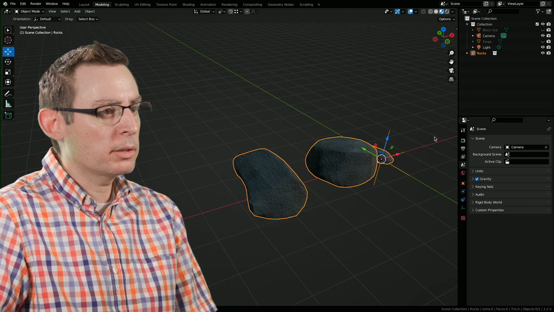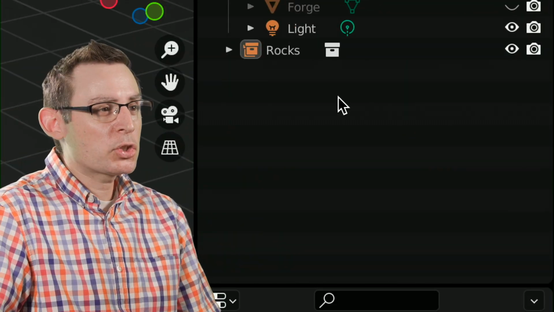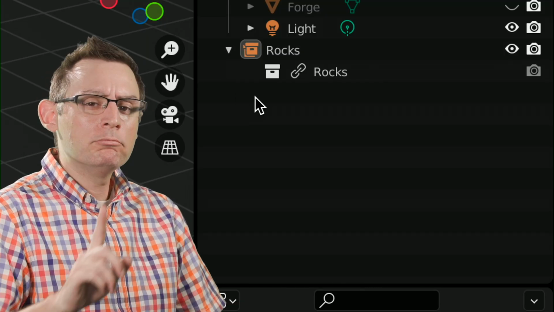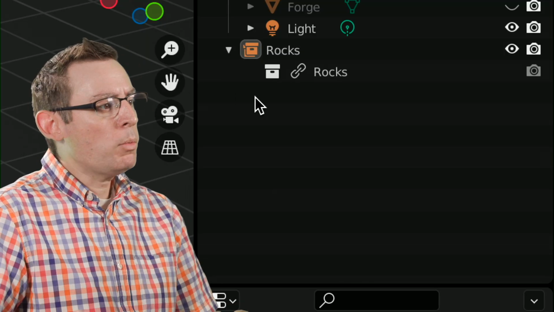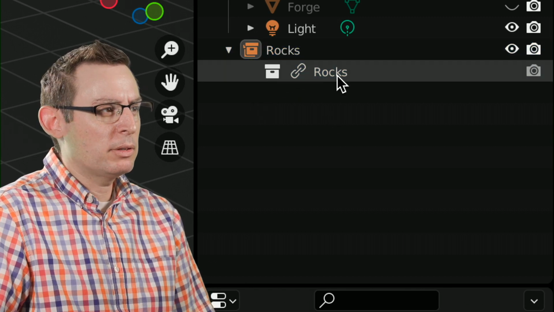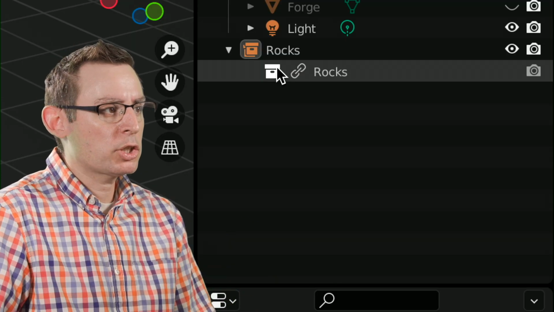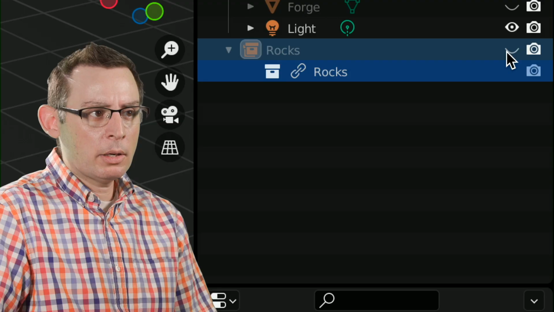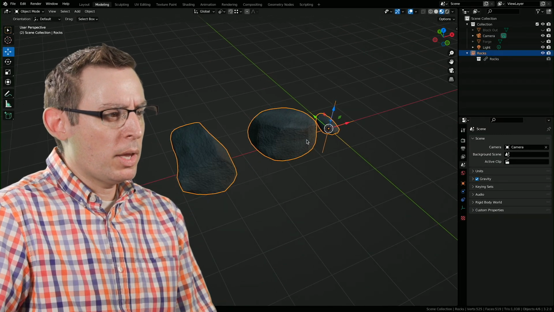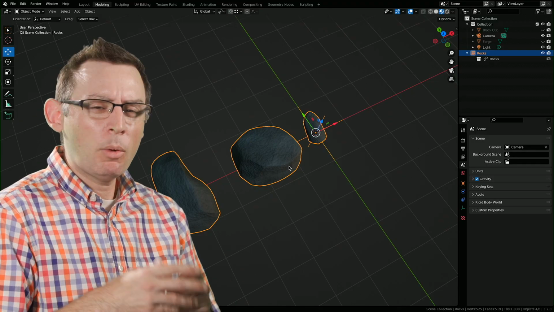We still get the rocks, but now things are a little bit different. First, let's start off over here inside of our outliner. If we examine the contents of it, interesting. Now we're just seeing a reference to the collection with this chain link icon. We don't have any of the objects as well. We just have the collection. We can turn it on and off. We can turn its renderability on and off. But I don't get to go in and get localized control over any of these objects. Now, why would we do this?